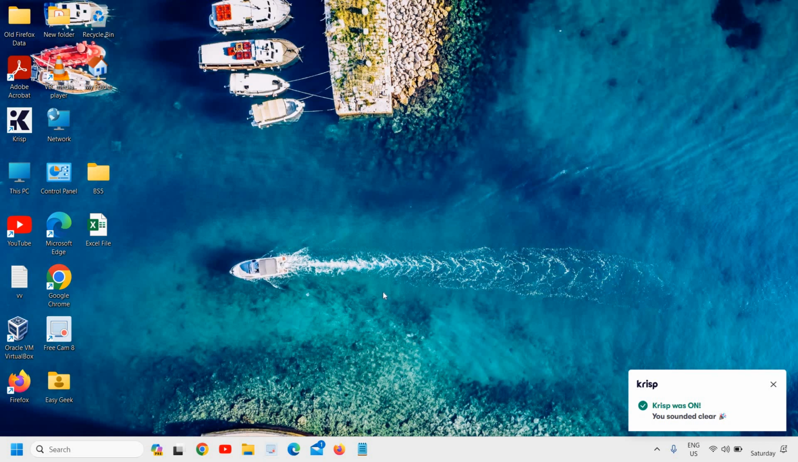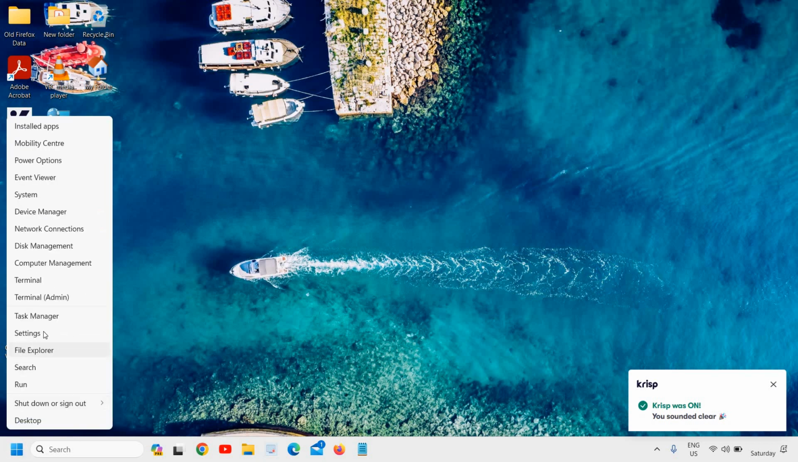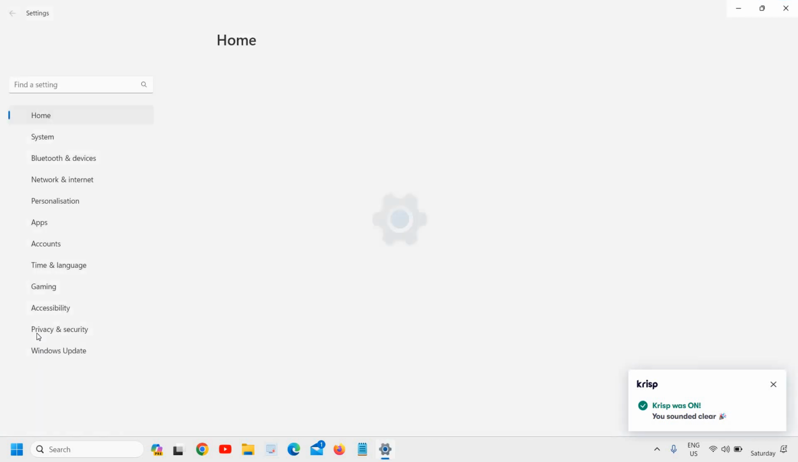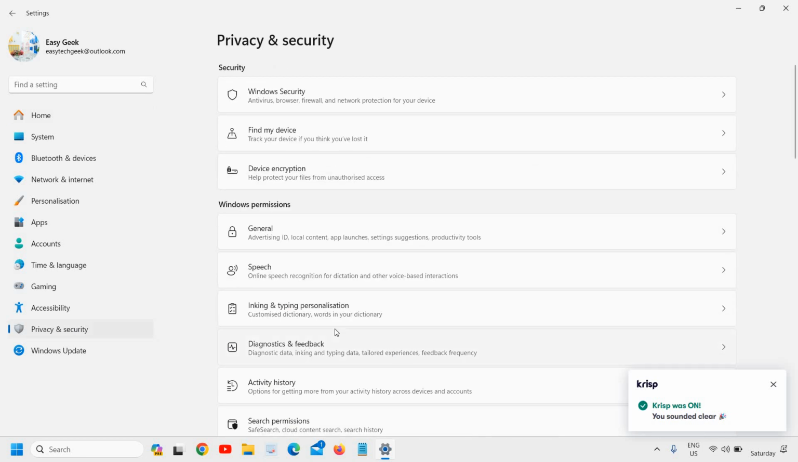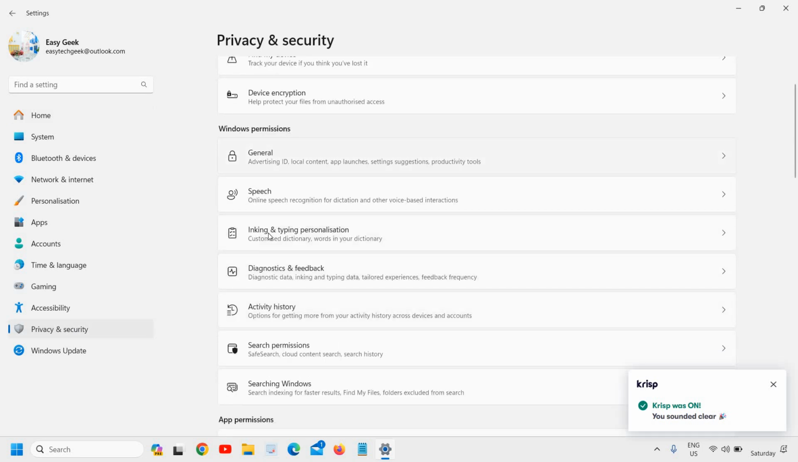Learn how to clear activity history on Windows 11. So here just do a right click on the start icon and then go to settings, and at the left hand side you will find privacy and security, and then we will click on it. Under Windows permissions,